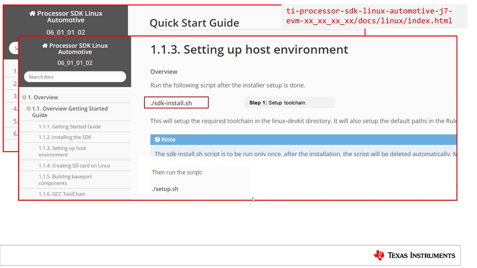By default, this installs the 64-bit toolchain version. If both 32-bit and 64-bit toolchains are required, download and install following links from the SDK download page. Then run setup.sh. This will verify any host side dependencies, install required host side packages, and set up the environment for root file system, NFS TFTP exports, and a number of other useful utilities.